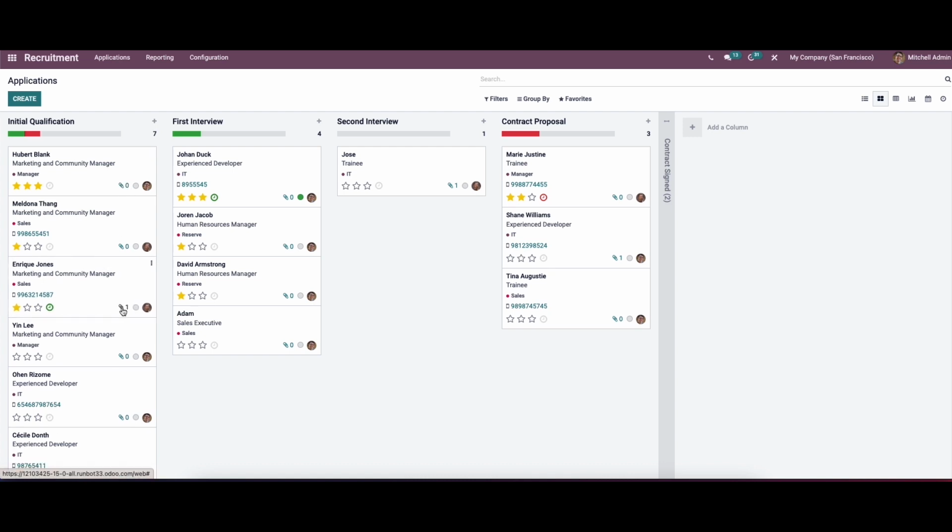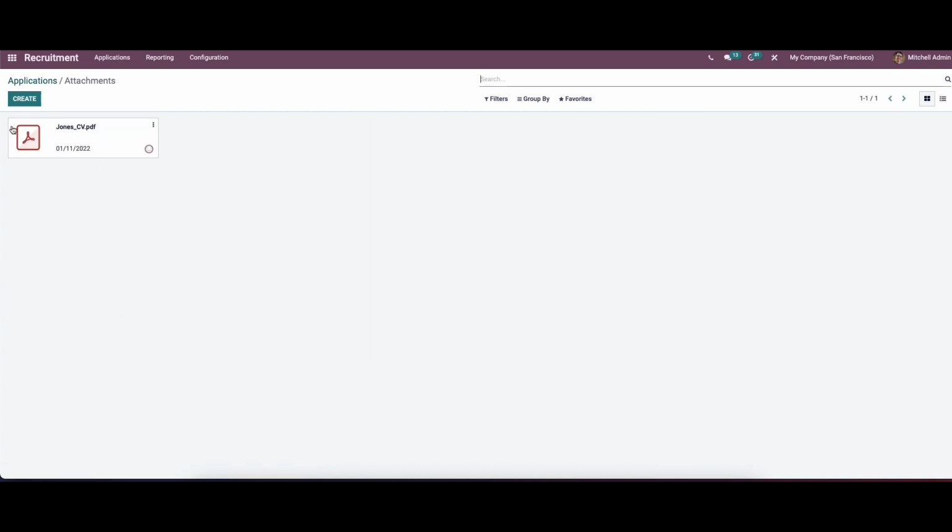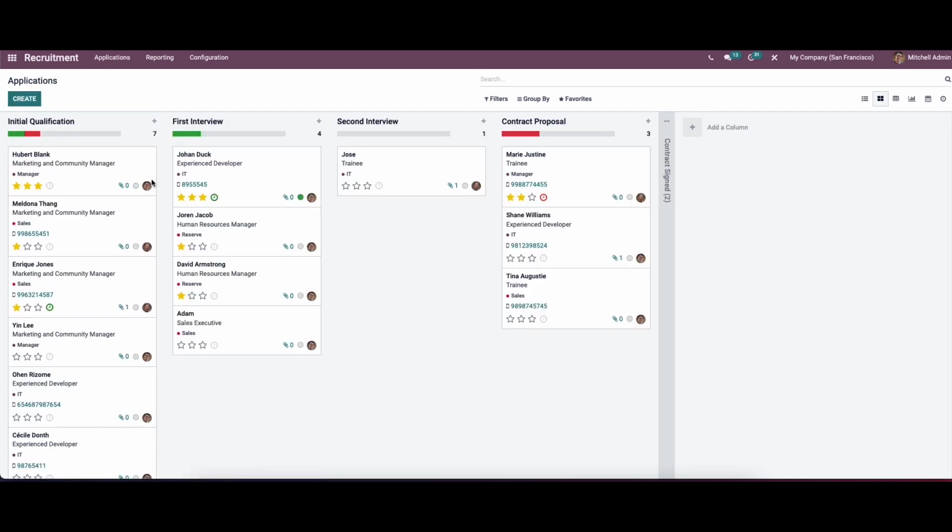So here we can see the document attached, and also we have the options to create or add new record. And also we are able to update the status by clicking on the circle. So here we can choose the colored circles to update the status.